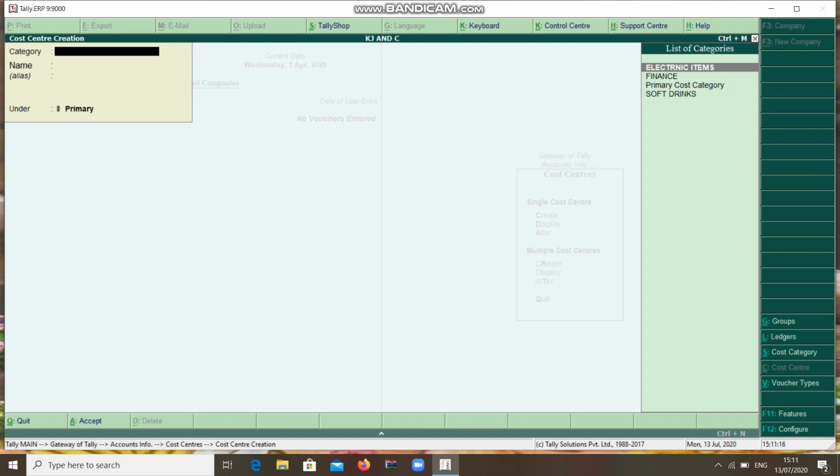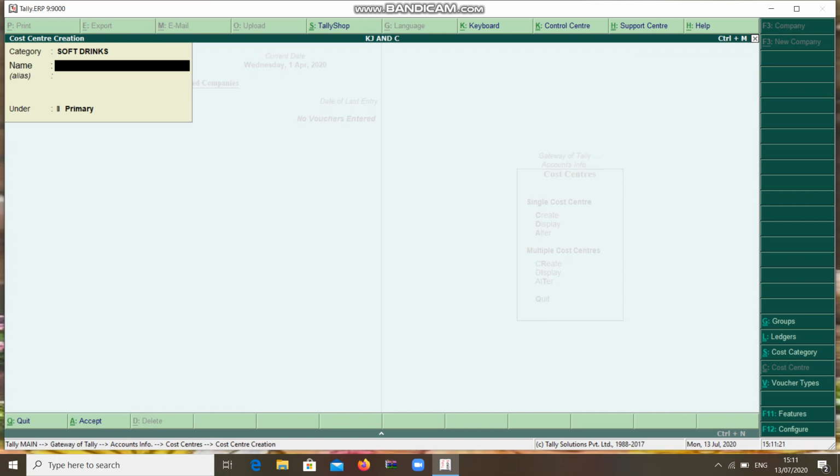See, first I am selecting in the category list, I am selecting the soft drink. Soft drink, whatever soft drinks will come, you can take Coca-Cola. Next, you can take Pepsi. You can take Maaza. You can take Limca. Okay, now I want to change the category.